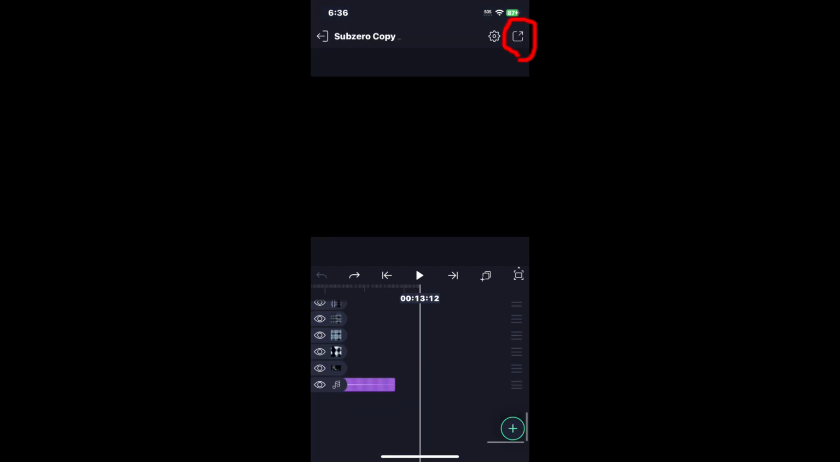Then I press the export button at the top right corner, then I wait till the video's done exporting, then I save it to my photos. And the results are